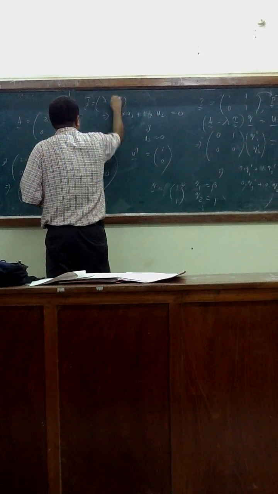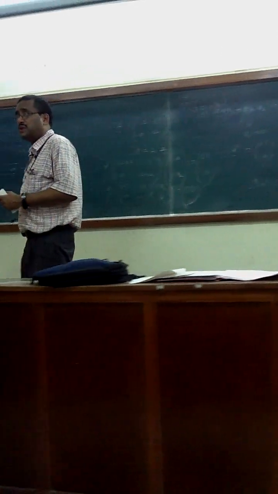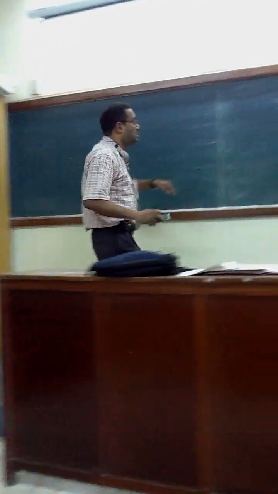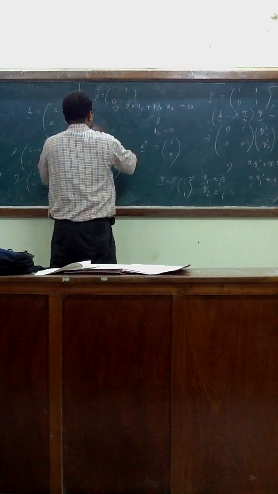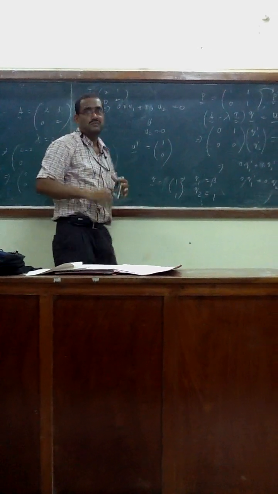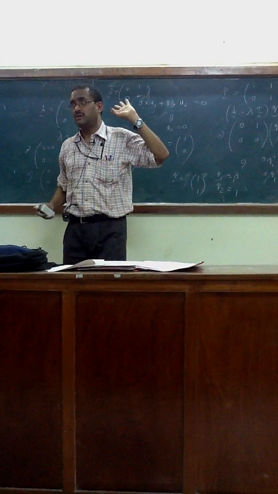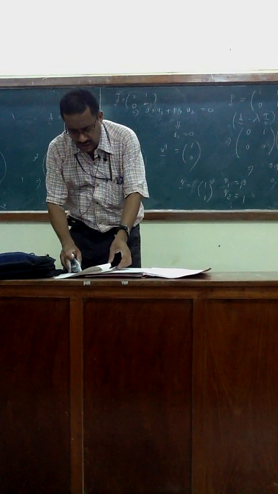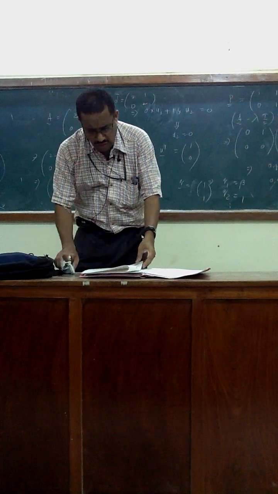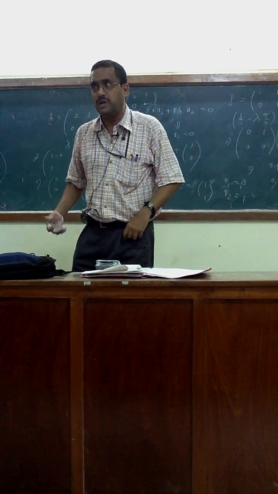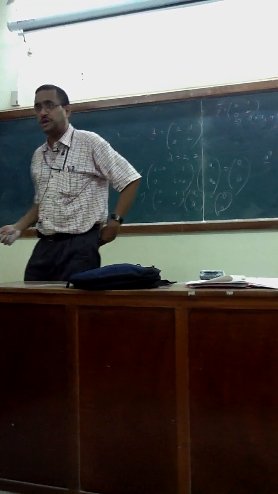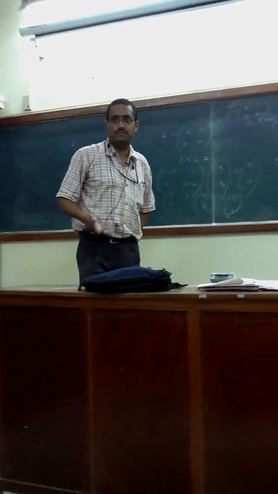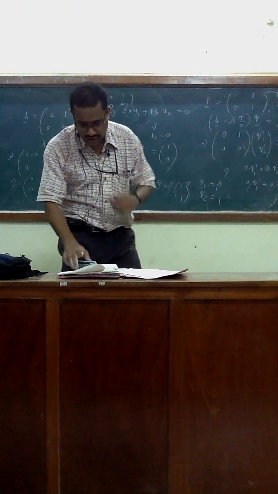Both eigenvalues are the same. It has to be like this: one independent eigenvector and one generalized eigenvector. So your Jordan block should be 2, 1, 0, 2. No other way. So you can see that your original matrix itself is a Jordan matrix. Here A equals J. Am I correct? The original matrix is a Jordan matrix. So that's one of the classic, beautiful examples I have drawn here.